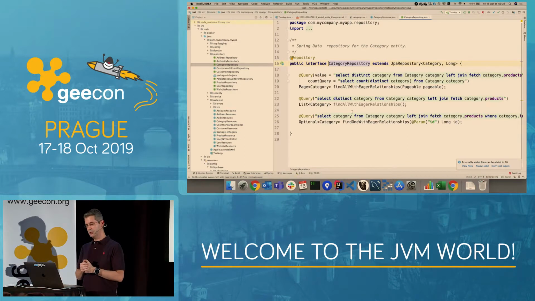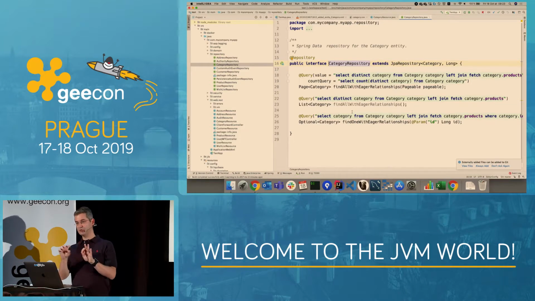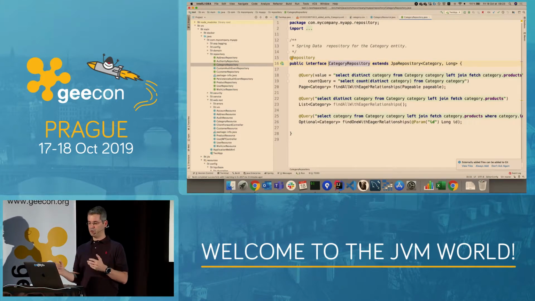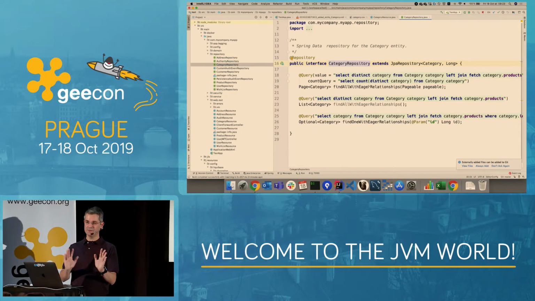generates a few requests for you because as this one is connected to some other entities, we know that you might like to do some eager relationships. So we are using Hibernate extensively. By default, everything is lazy. But we know that sometimes you want to do an eager query, so we generated the queries for you, so it's easier for you. If you don't like them, you can, of course, always delete them. But we know that eager relationships are usually useful. That's why we generate them by default.